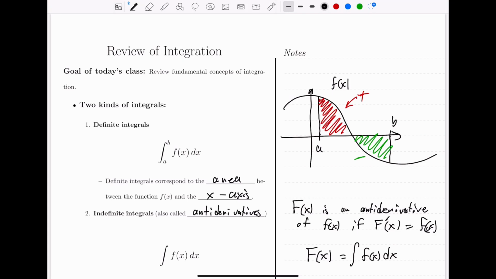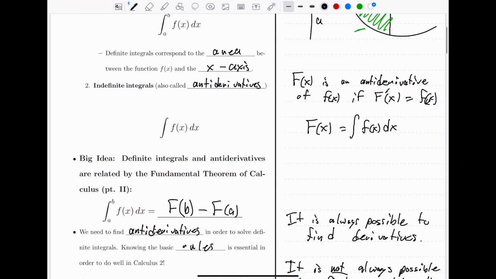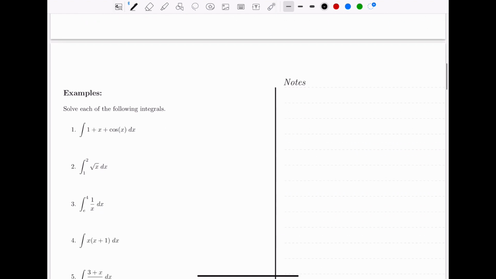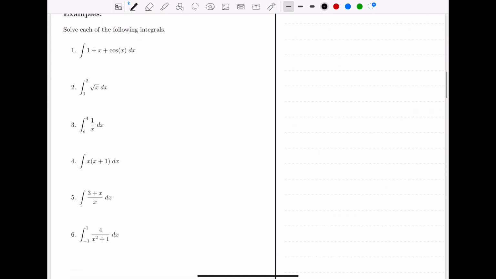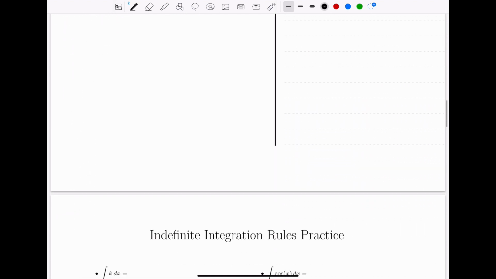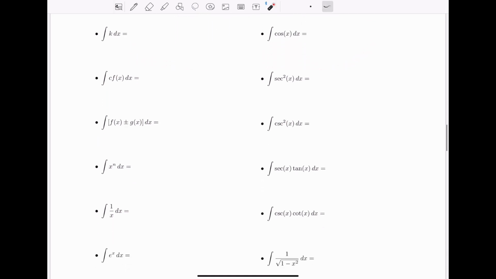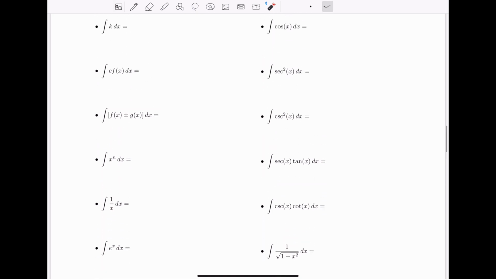Let's continue our review of the basics of integration. In this video, we will talk about some integration rules, and we will work through several foundational sorts of examples. Now on Canvas, there is an indefinite integration rules practice, which has all of the foundational, fundamental integral rules that